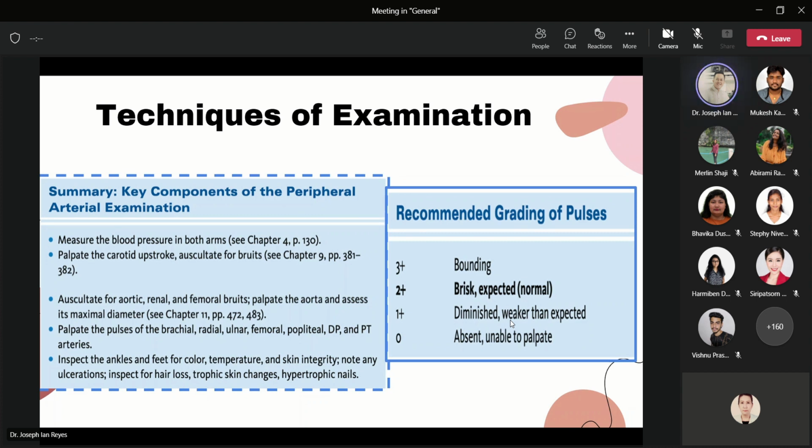Maybe if one person runs, check your pulse, it's bounding because of the increased pressure, increased heart rate. So that's a 3 plus. If you're at rest, normally it's brisk, 2 plus. I don't know how to get a 1 plus or a 0, but